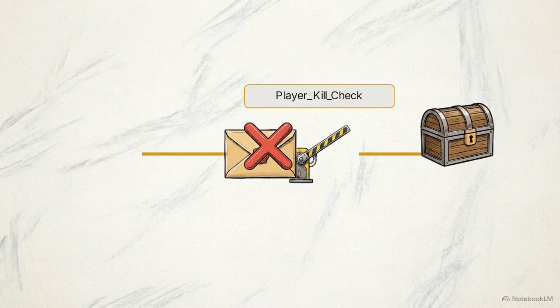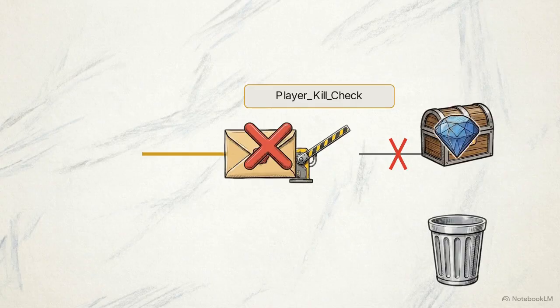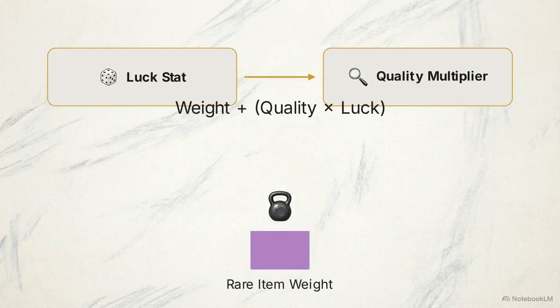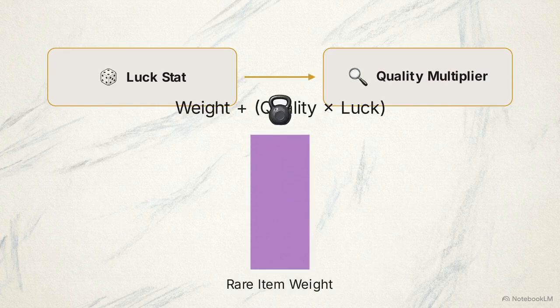These are strict logical gates that evaluate the incoming parameters before an item can even be rolled. If a contextual parameter fails the condition check, for instance, if the entity was not killed by a player, the target item entry is entirely discarded from the pool before the mathematical weights are calculated. Developers can also introduce secondary player attributes, such as a luck stat. This dynamically intersects with the baseline item weights using a quality modifier multiplier, mathematically inflating the relative weight of rare